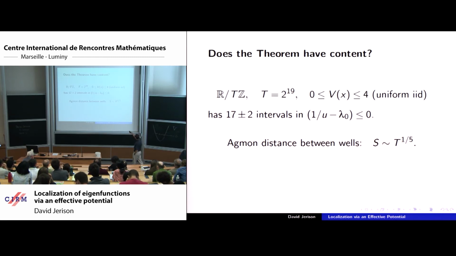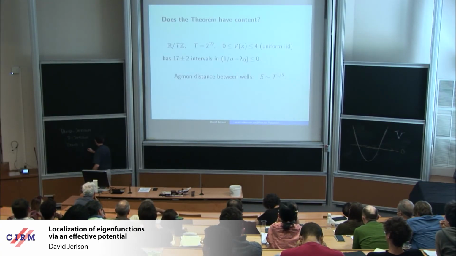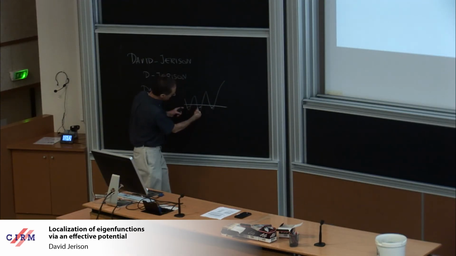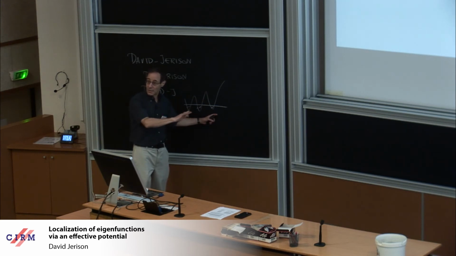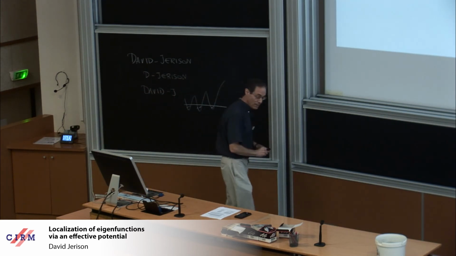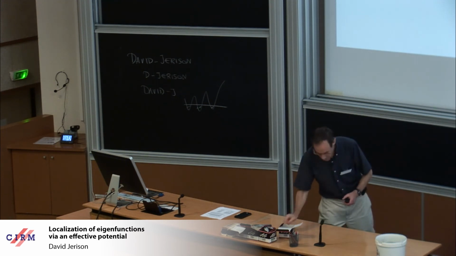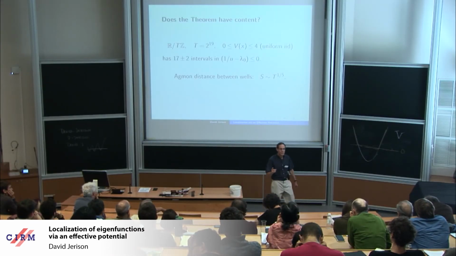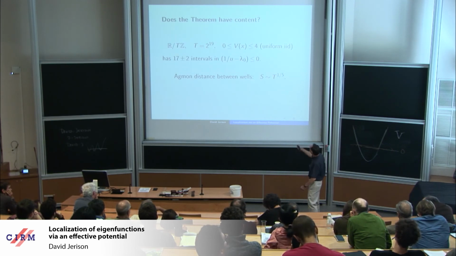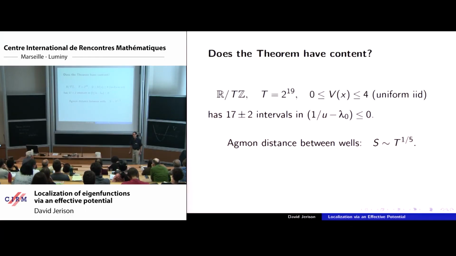So what I'm saying is that when I did this process, trying to identify what's happening with the ground state, I'm going to have to cut it, and I'm going to find the ground state is maybe here, maybe there, maybe there. I won't know exactly where it is. So the level of accuracy of the theorem is that instead of telling me the ground state is in just one place, it tells me that it's in one of 17 places, which is a lot smaller than 2 to the 19th. So it's not so bad, but it's not all the way there.